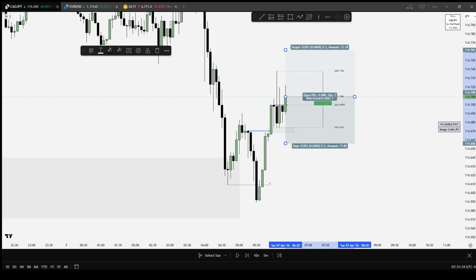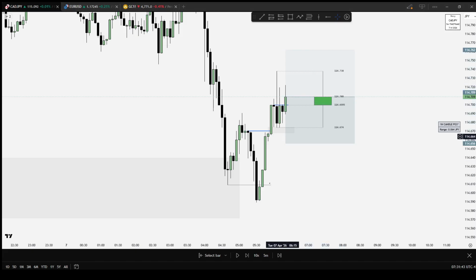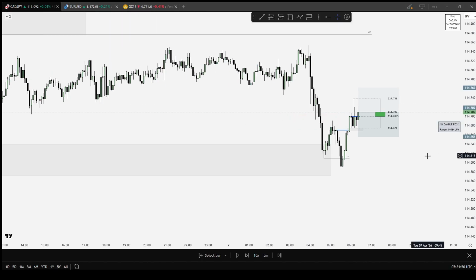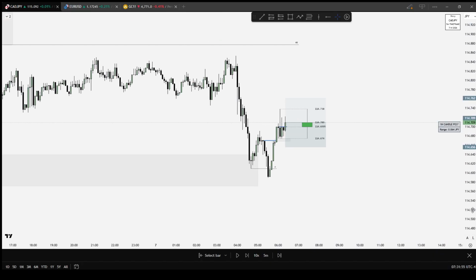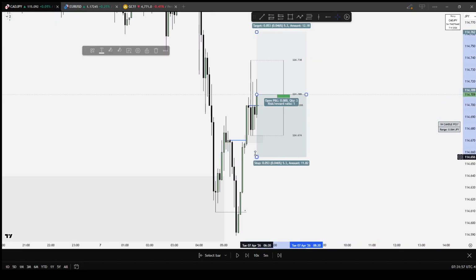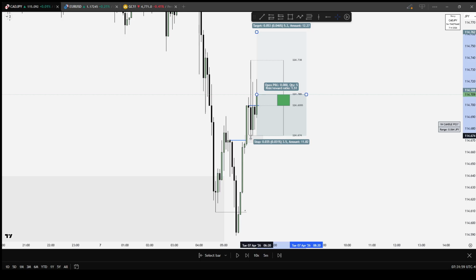So my entry, I believe it was like this. Wait a second, let me see. Yeah, but the thing is, if I'm not wrong, there was news at 8:30 or something, the Canadian dollar news. If I'm not wrong, I'm not going to check it, but yeah, my stop loss wasn't there. I mean, it could be there. It's a logical answer, yeah, but I think my stop loss was here,